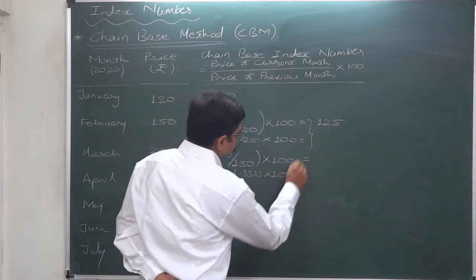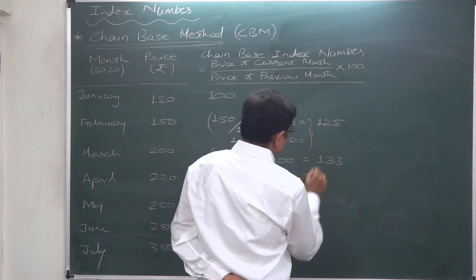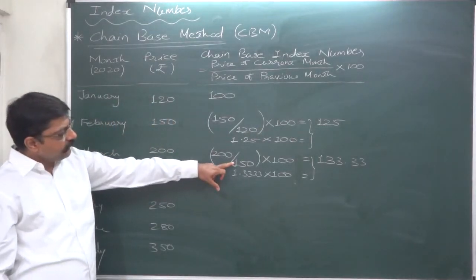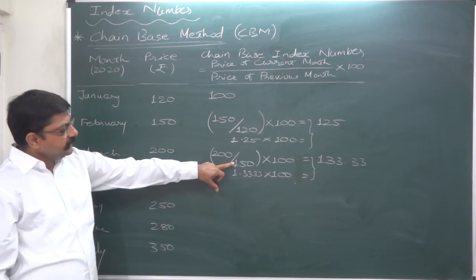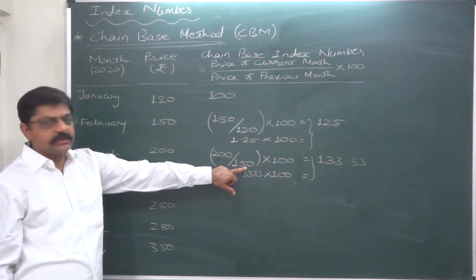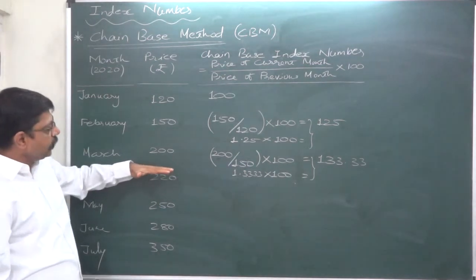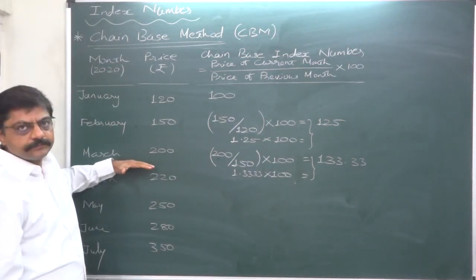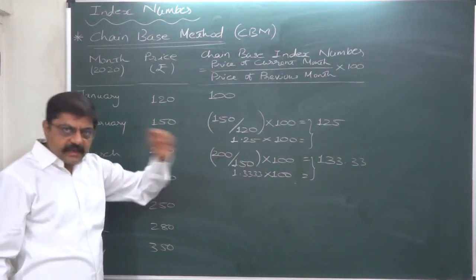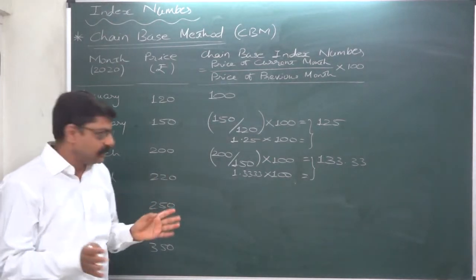If we multiply this by 100, the result is 133.33. See, exactly 1/3 of the price of the base period has increased. An increase of 50 is 33 and 1/3% of 150. So 150 is equivalent to 100% for March. The index of the base period is always equivalent to 100%. In case of chain relative, this is somewhat confusing, but first accept, then you will be able to understand.